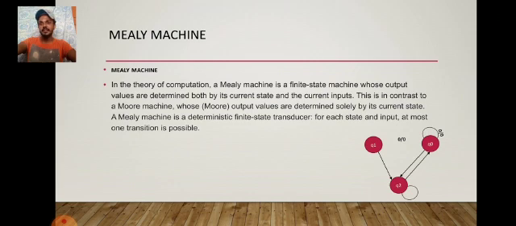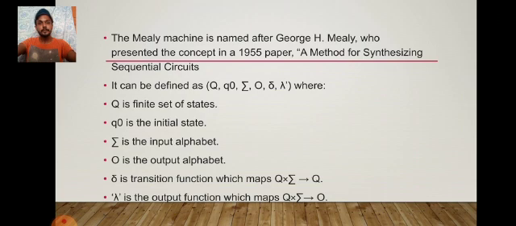A Mealy machine is a deterministic finite state transducer: for each state and input, at most one transition is possible. So the Mealy machine is named after George H. Mealy, who presented the concept in a 1955 paper,